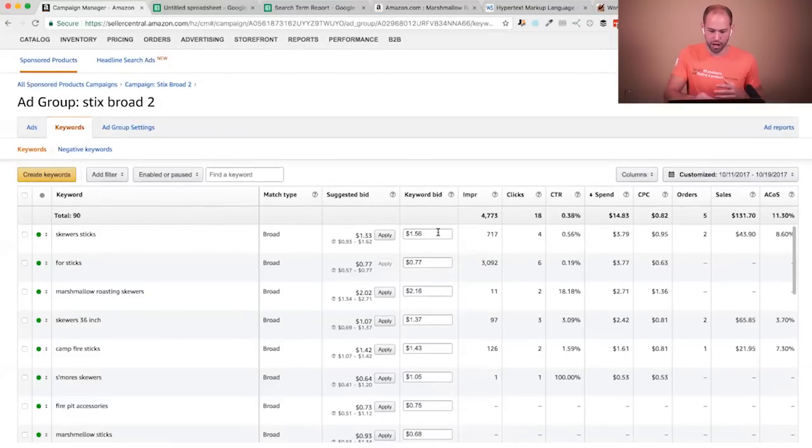So for this particular one, we bid $1 up to $1.56 for skewers sticks with a broad match type. Now, as you can see right here, our cost per click was only 95 cents, right? We didn't get charged this $1.56. So how it works is there's an ad auction on Amazon, and